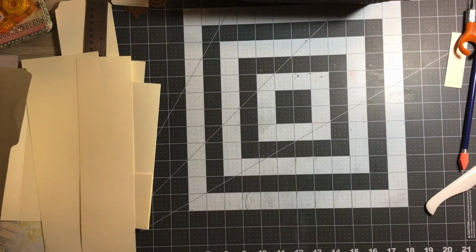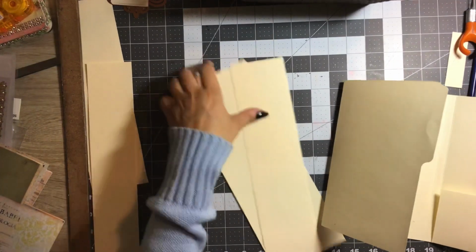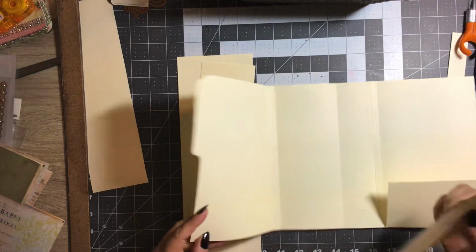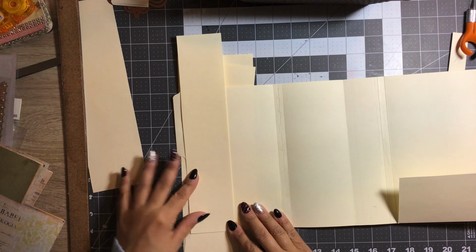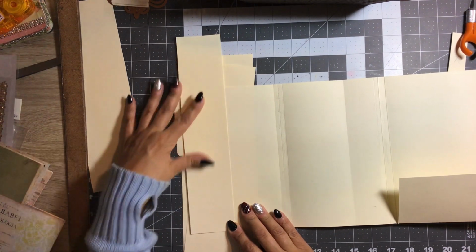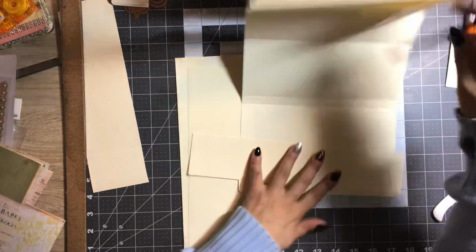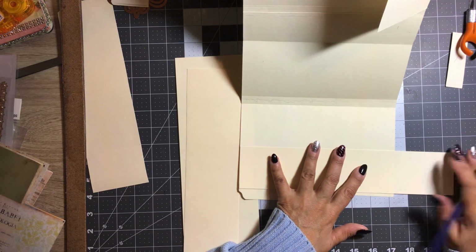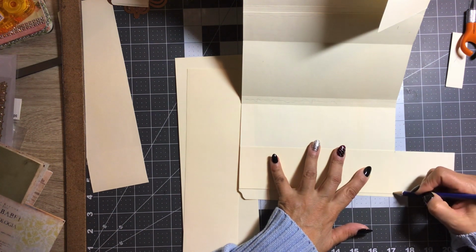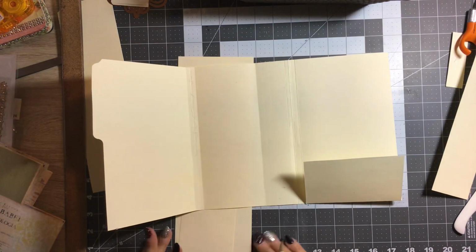I'll bring that back in a moment. Let me just double check what I'm thinking here. Okay, so this was my 2.5, and I'm thinking about putting this right there. Yes, okay. So let's do a little tick mark where that needs to get cut. And then on this middle one, I thought I'd do a double pocket,